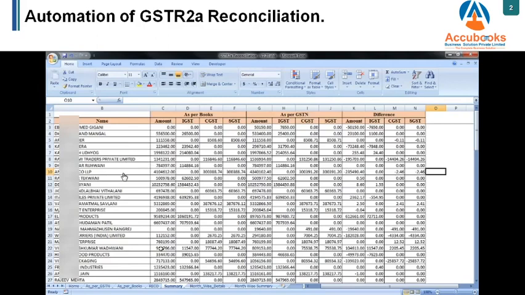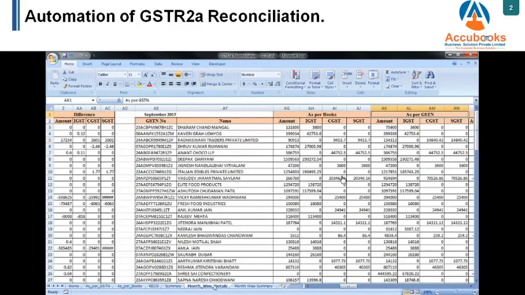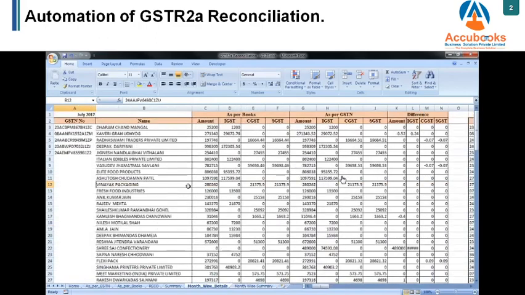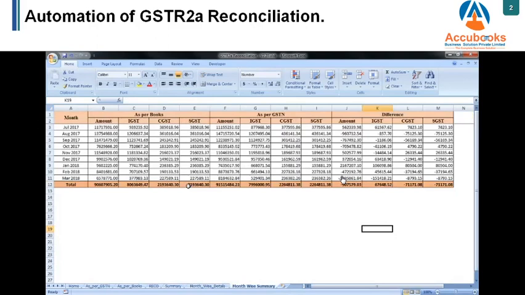Also it will create a vendor wise summary of the books as per GSTN and the difference for the entire period that we considered. It will also create a month wise summary for each vendor for the entire period that we covered, like it was covered from July 2017 to March, and then it will create a summary for all the months, like the amount as per books, amount as per GSTN, and the difference column. See how quickly it created all such reports in a few seconds only. So these are the ways we can automate the tasks that we are routinely working on.